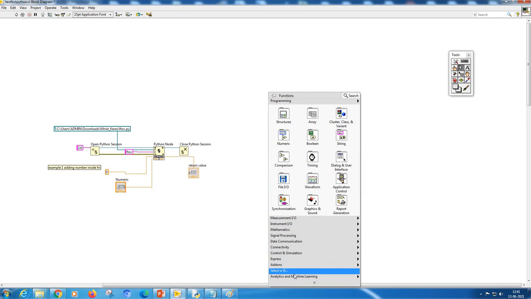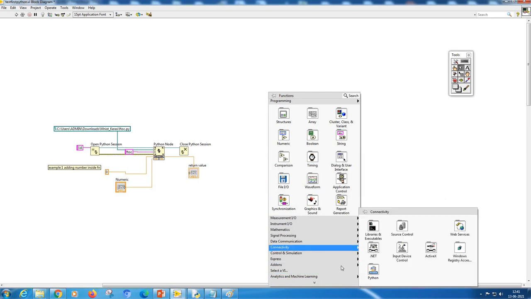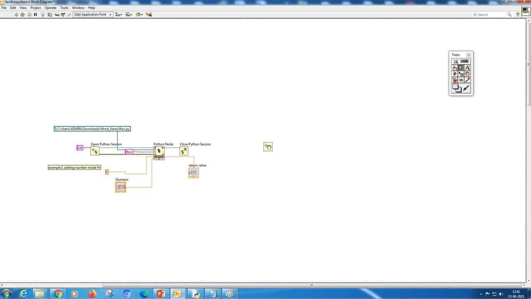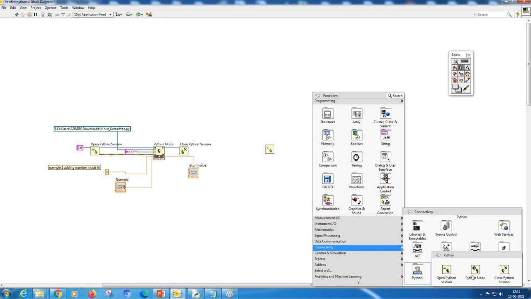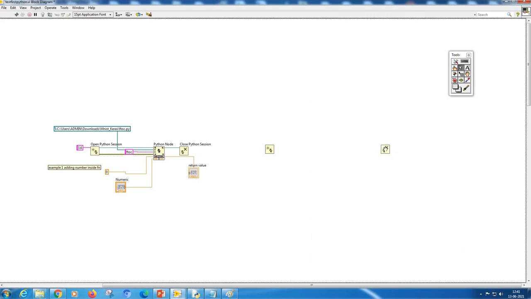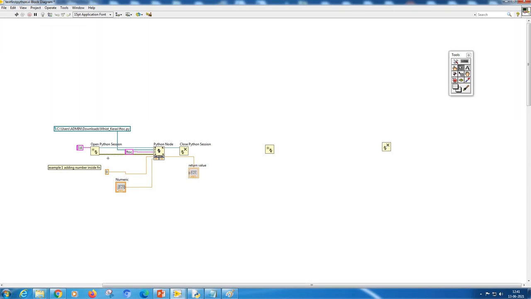For example, you go into connectivity, go into Python, and you say open Python. You get a block like this. Again, you go into connectivity, go to Python, then also close Python session. So that means opening and closing a Python session.